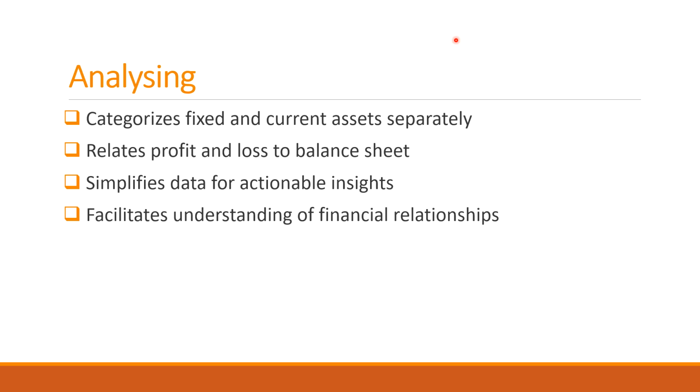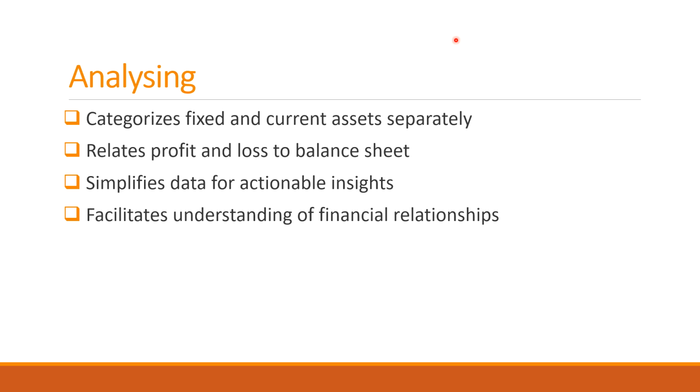Current assets like cash or inventory are assets that can be quickly converted into cash or expected to be used within a year. So, by separating these two types of assets, businesses can easily assess their liquidity and long-term financial